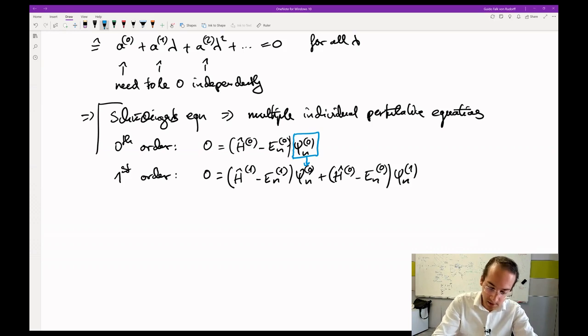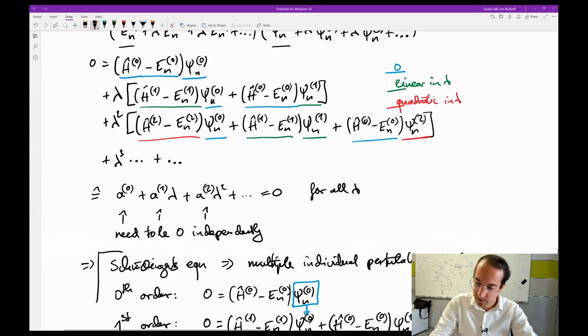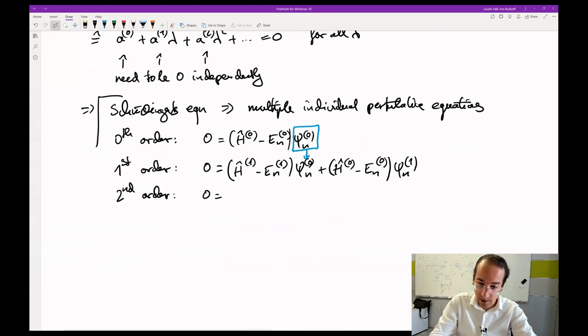So we continue this to the second order because we had it above. And in second order, we now take everything which comes from this second bracket over here, or the third one, where everything is quadratic in lambda. And that would mean that we now have the terms: second order Hamiltonian minus second order energy times the unperturbed wave function,